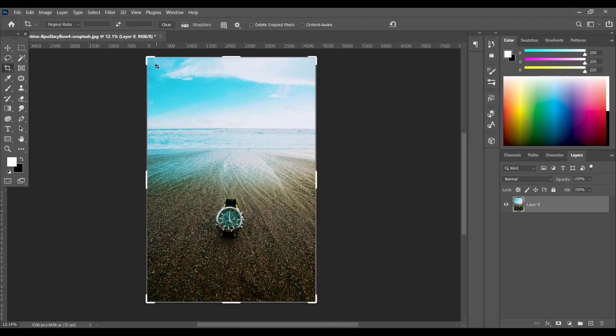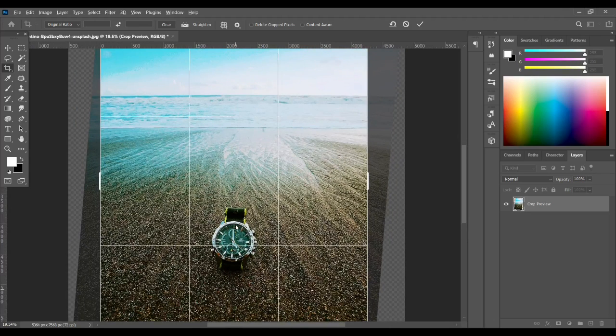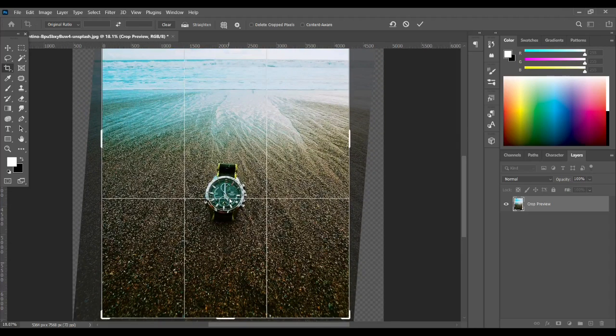I am making the grid here. If our subject is at the corners, 1, 2, 3, 4, the focus of people towards the watch is better, and